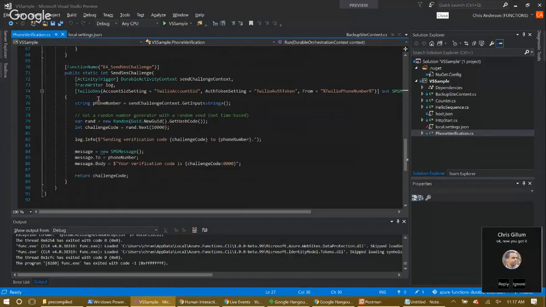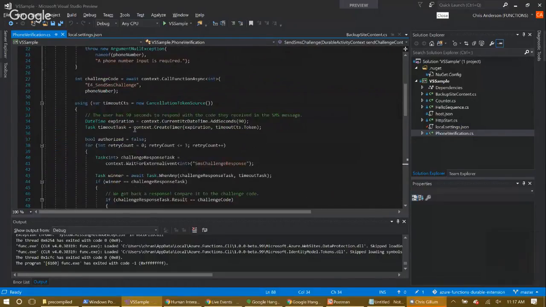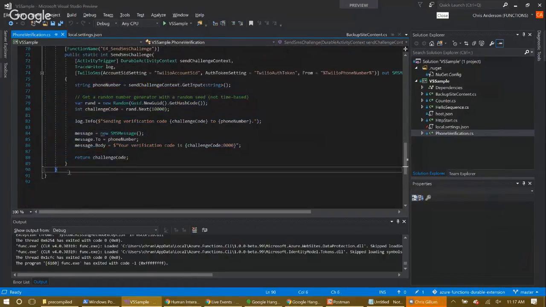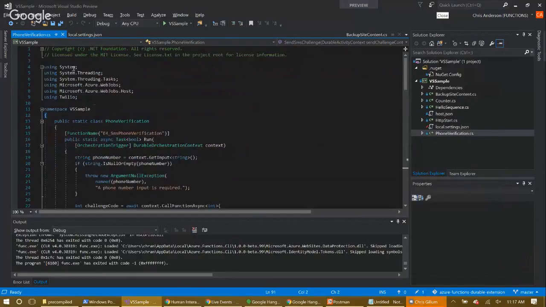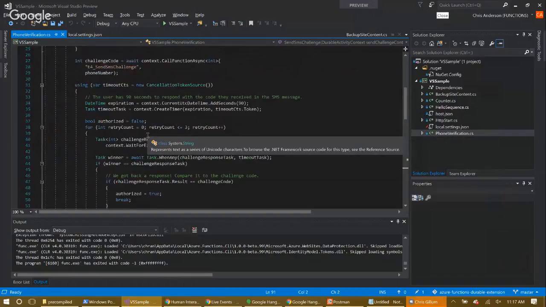And you can see we had this other function that actually sent the SMS message in the first place. So all really simple, really easy now to use functions to send 2FA authentication messages to your users if you wanted to. Absolutely. And how many lines of code is this? This whole sample end to end is 91 lines of code, including the using statements and a copyright message at the top. And if we had to do it the old way, it would be